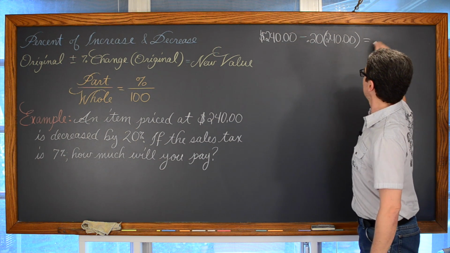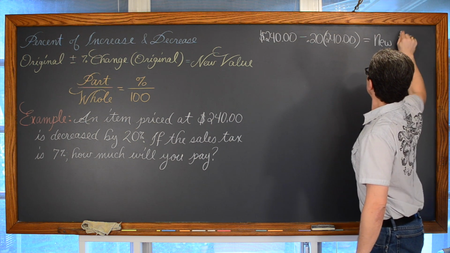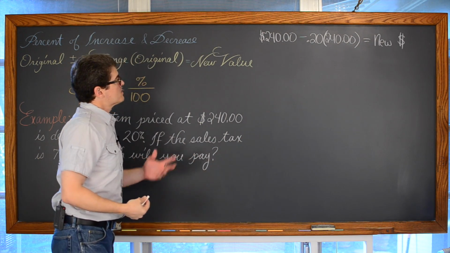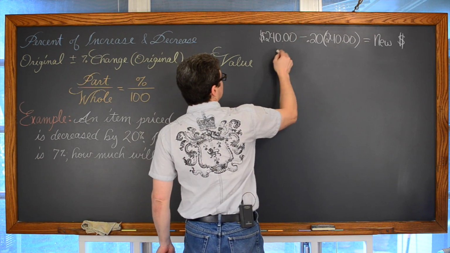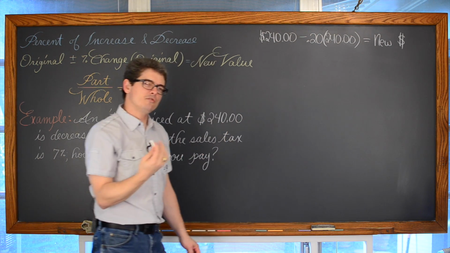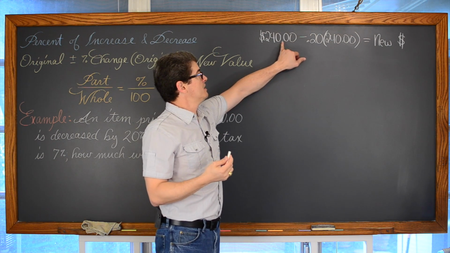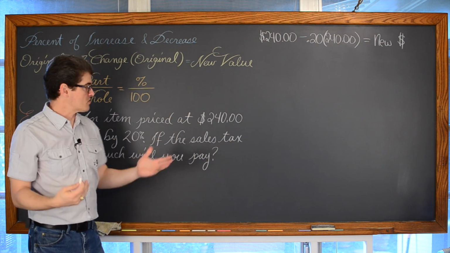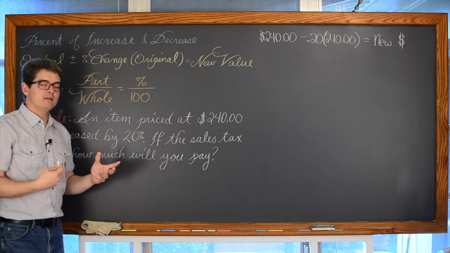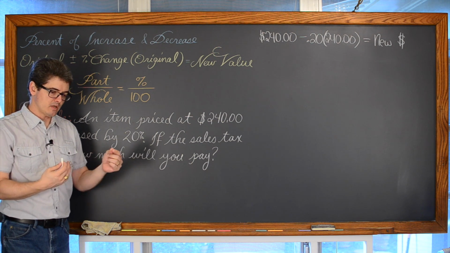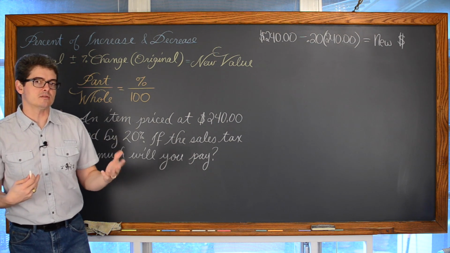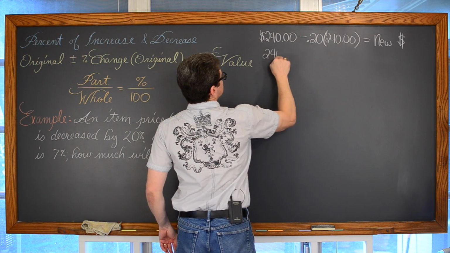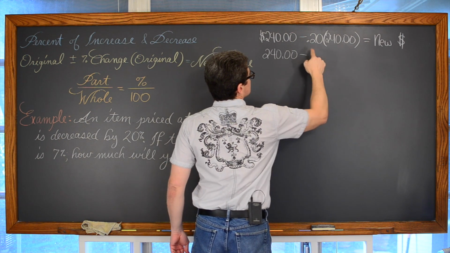And then that is going to equal whatever my new price is after the discount. I don't know what that is. That's why we're doing the problem. So we have 240.00. You may want to just write 240 as well, because these are just 2 zeros to the right of the decimal. You can keep those there as well, because this question is about money, and we have a natural 2 decimal system situation with the fact that we have 100 pennies in every $1. So I'm going to keep them in here. So we have 240 minus, now